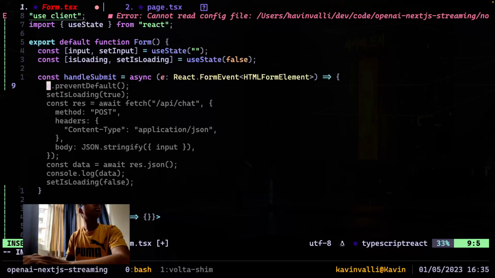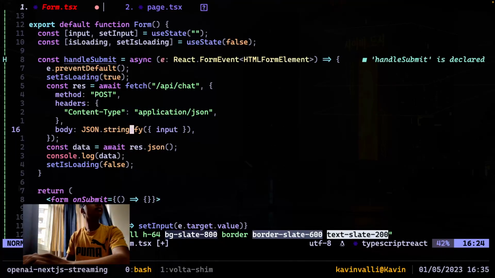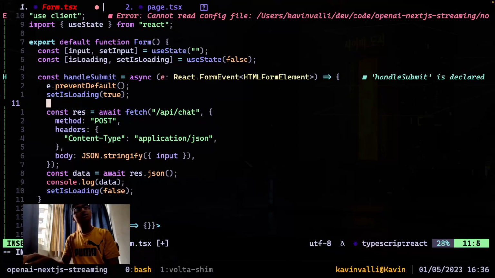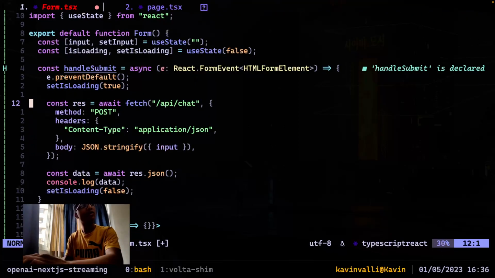Okay, let's just go through this. We prevent the default. We set isLoading to true. We get the response from our backend. This is the API route, which, by the way, you can host using Vercel edge functions. You would probably want to use edge functions for this because serverless functions won't be able to stream you back the response, and edge functions obviously have a smaller